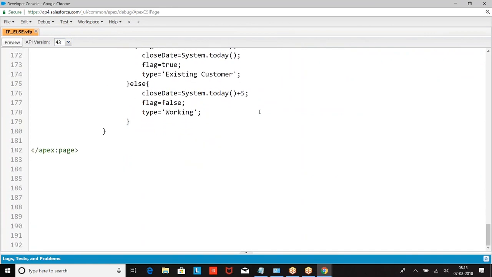Right? Then, frequently used conditions. Two more conditions are frequently used: to check whether a value is null or not, and to check whether a value is blank or not. Example, check whether name is not blank.